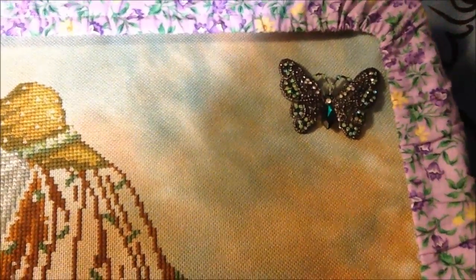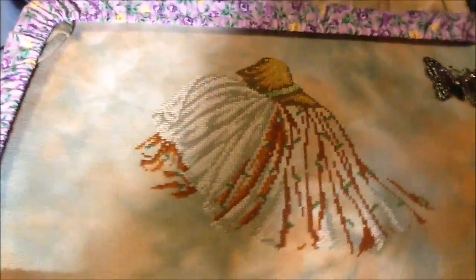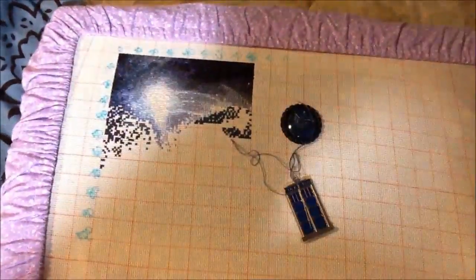And since we're doing needle minders now, here's my little butterfly. Isn't it adorable? It's from Gina. All of my needle minders are from Gina. So there's that. Then we get to